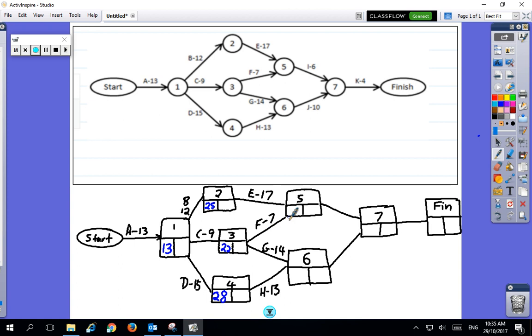Okay. Now, from stage 2 to stage 5, there's 2 different activities that need to be completed before we get to stage 5. So, of course, 25 plus 17 is 42. So we might have 42 in here. I'll just check down here. 22 plus 7 is 29. So the earliest possible start time is when both of these things are done. So 42 is going to take longer. That is our earliest possible start time for activity 5,